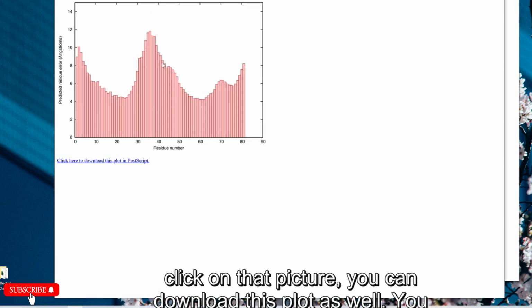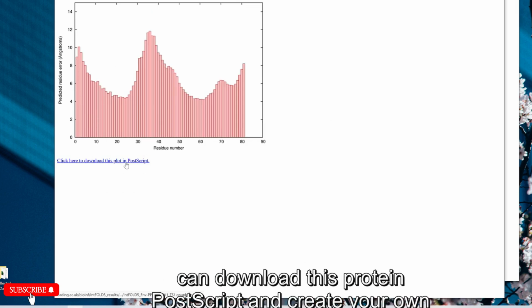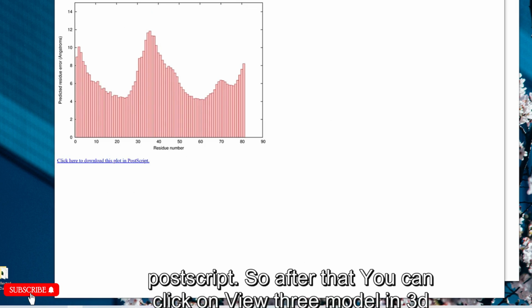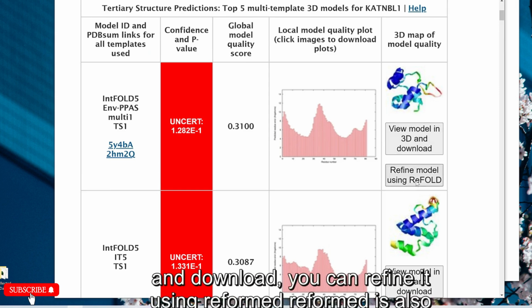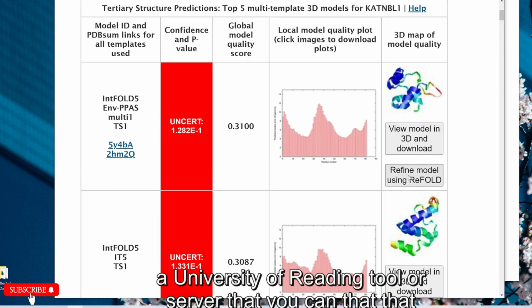If you just click on that picture, you can download this plot as well. You can download this plot in PostScript and create your own plot too. So after that, you can click on view the model in 3D and download. You can refine it using V4. V4 is also a University of Reading tool or server that you can